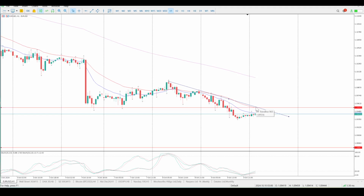If you see some kind of a rejection there, but I'd want it to be a pin bar rejection, to be honest, if I'm going to jump in on it. And then you take your entry just below that pin bar and your stop just above. I don't think you're going to be targeting 108,887